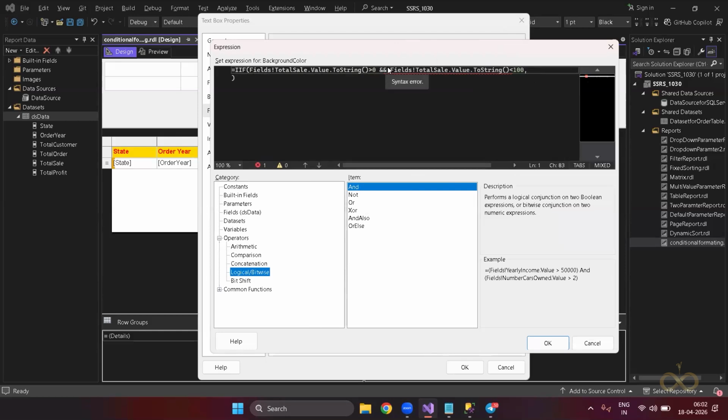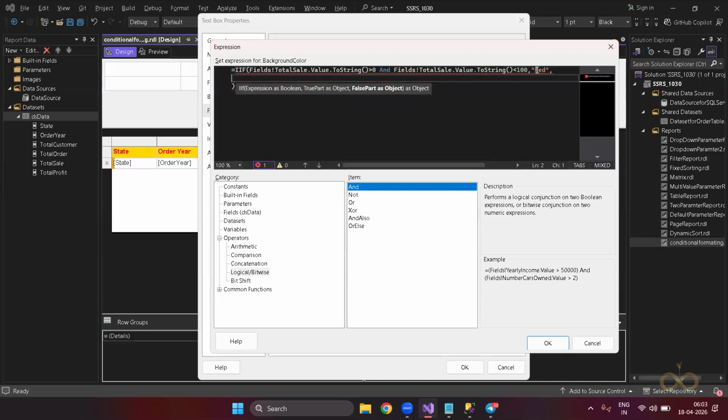And I need to type it, so capital A, N, D. Okay. So I'm writing one condition where total sale is greater than this and this. And now if this condition is true, then I'm writing a red color. So red. But if this condition fails,